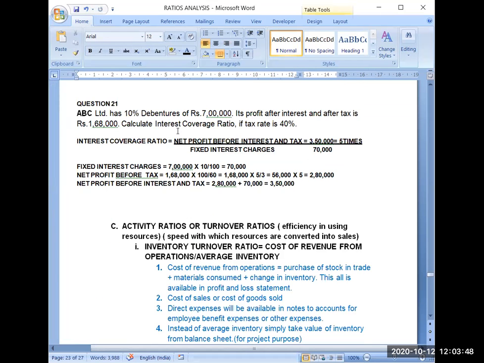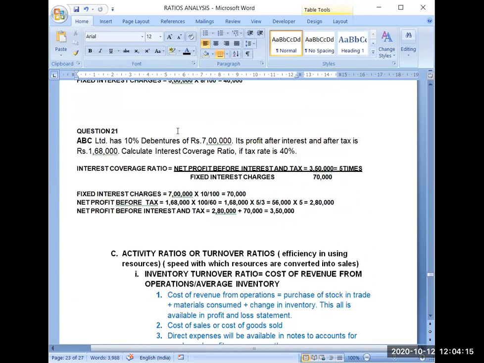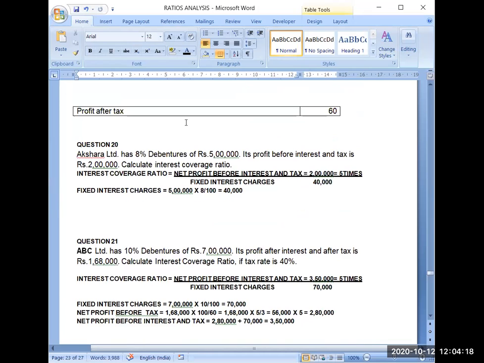This way we have completed our second type of ratios also, that is solvency ratios. So two types of ratios we have covered, liquidity ratios and solvency ratios. We have covered current ratio and liquid ratio. We have covered debt equity ratio, total assets to debt ratio, proprietary ratio and interest coverage ratio. 6 ratios we have done. So please try to practice them properly. Tomorrow we will be starting activity ratios or turnover ratios, and it is a very important part of ratio analysis. I want all of you to be prepared for these turnover ratios. Before we start, you should complete all these topics.